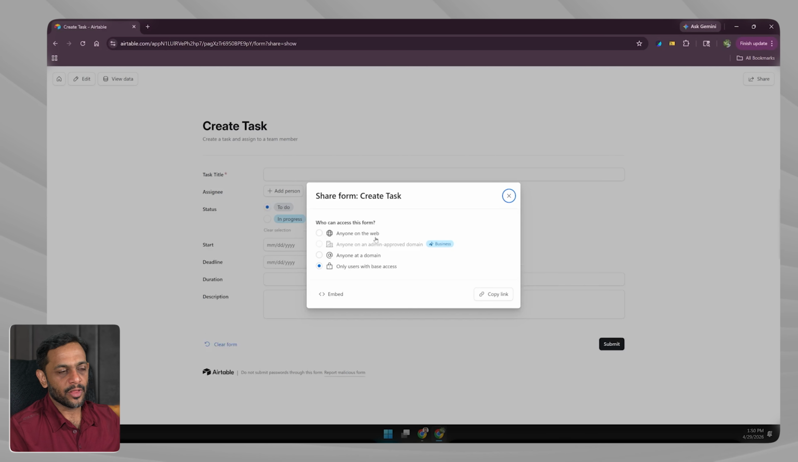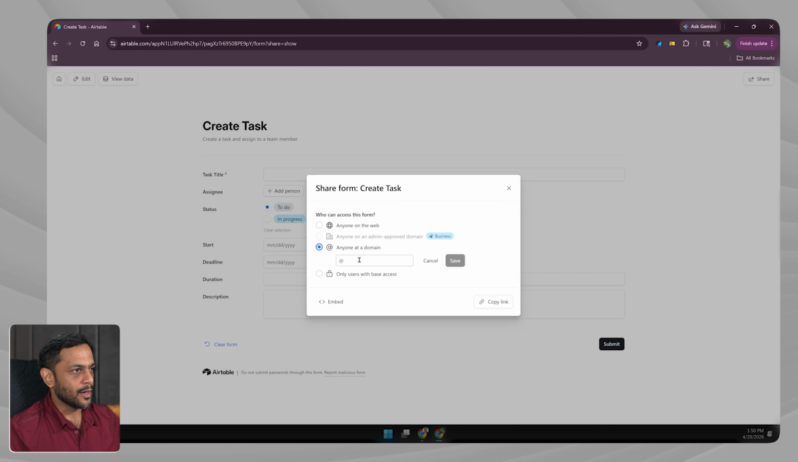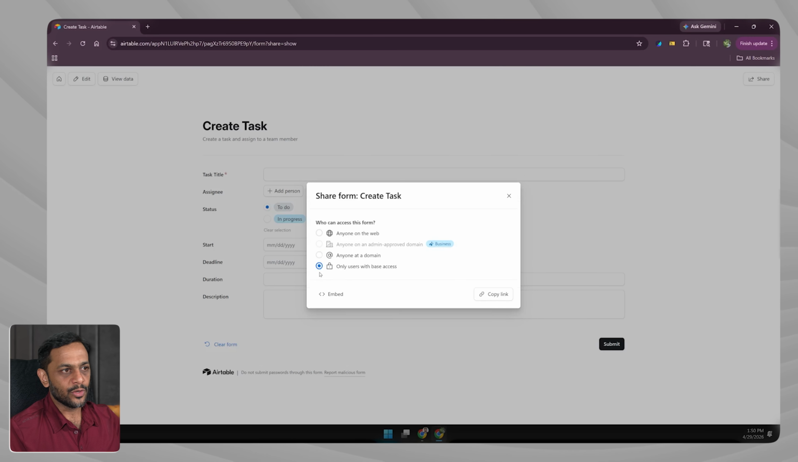So you can select anyone on the web only if you feel anybody and everybody should be able to create a task. In the business plan, you also get anyone on an admin approved domain, anyone at a domain. So if all our team members should have access to it, then I would say red7.ai. Anybody who is logged into Airtable with an email ID ending with red7.ai will have access to it. Only users with base access, which means whomever we have added as collaborators in the base, will have access to this. Now I can just copy link,